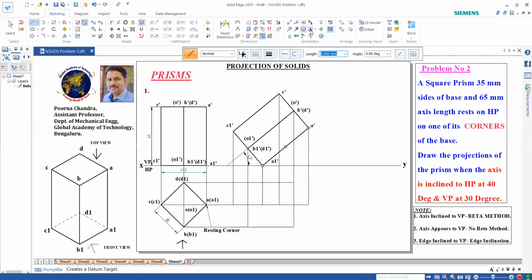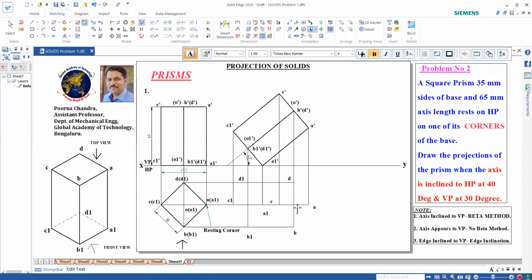Now first we shall name this. So this is A, B, C and D. Similarly, this is A1, B1, C1 and D1.